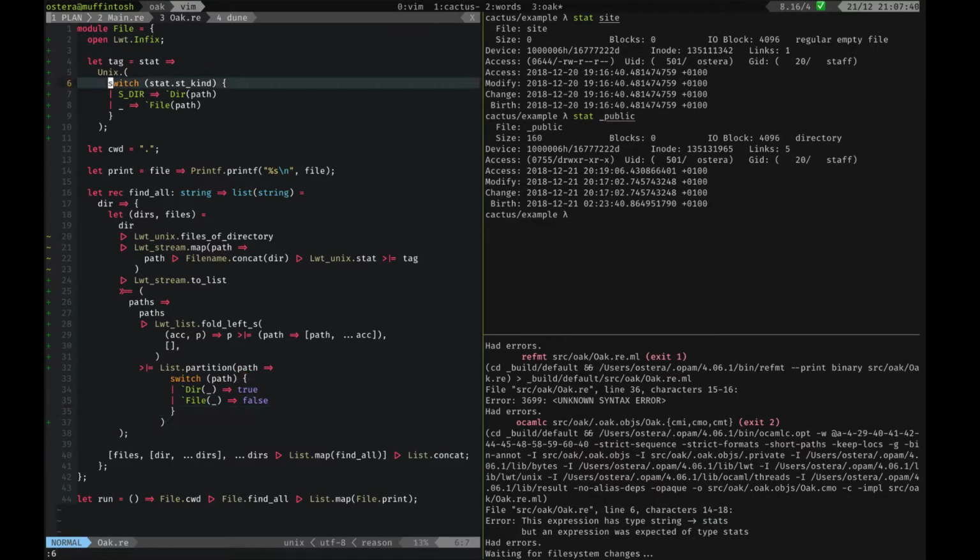So line 6 is complaining about something. It says this expression has string stats. What the hell? Oh, of course, we're missing the path. That's scary. So if we give it a path,